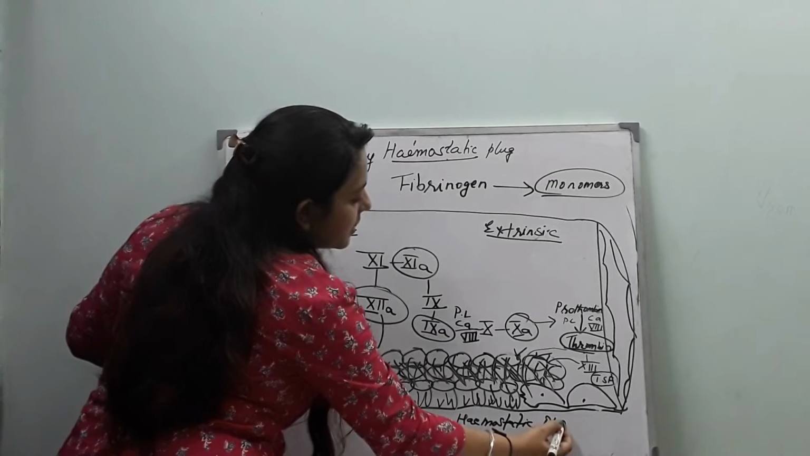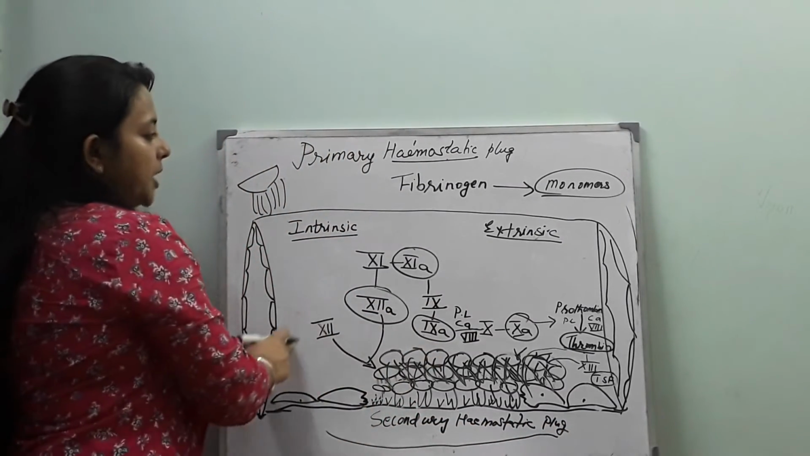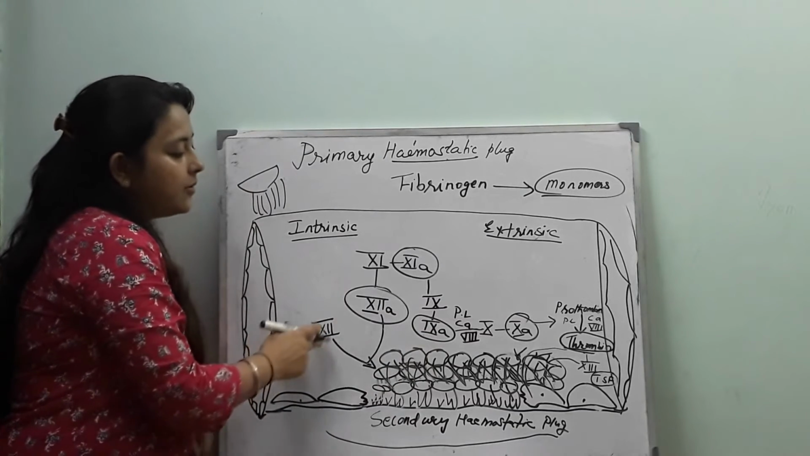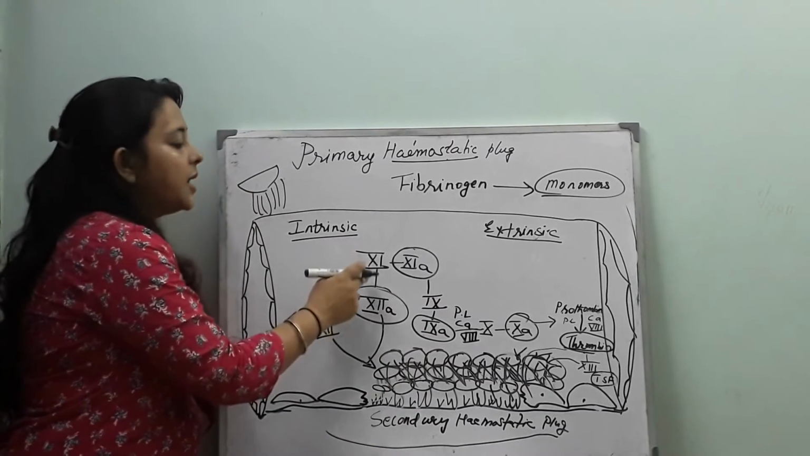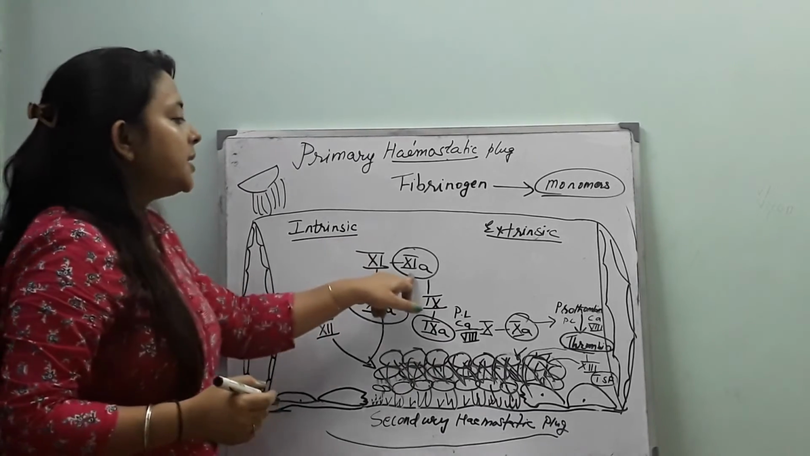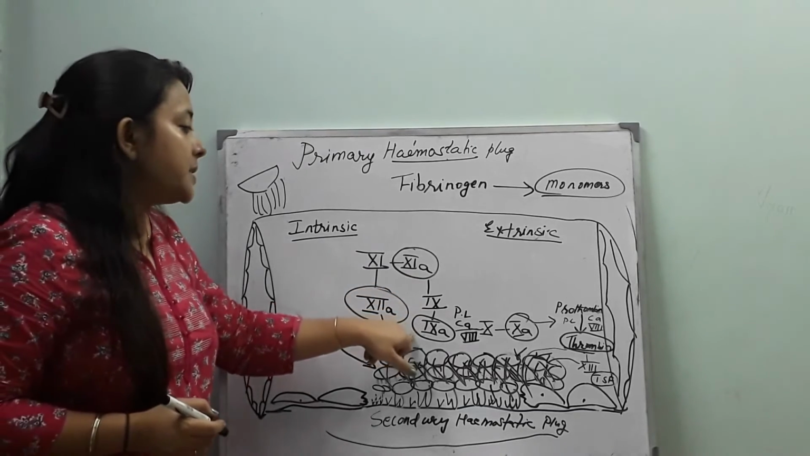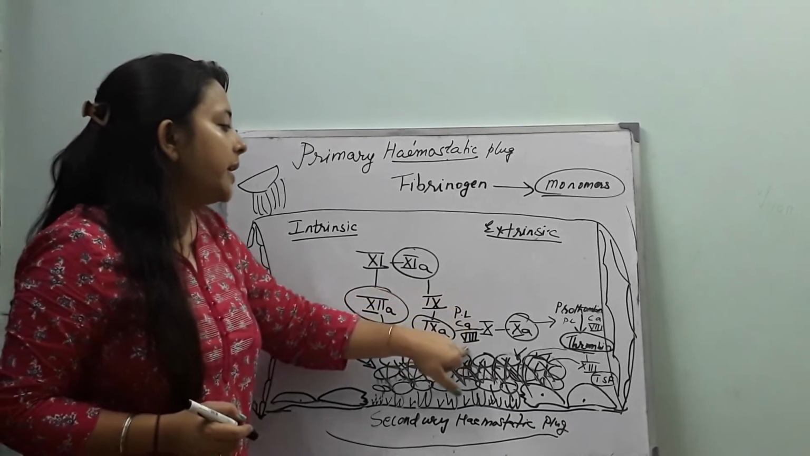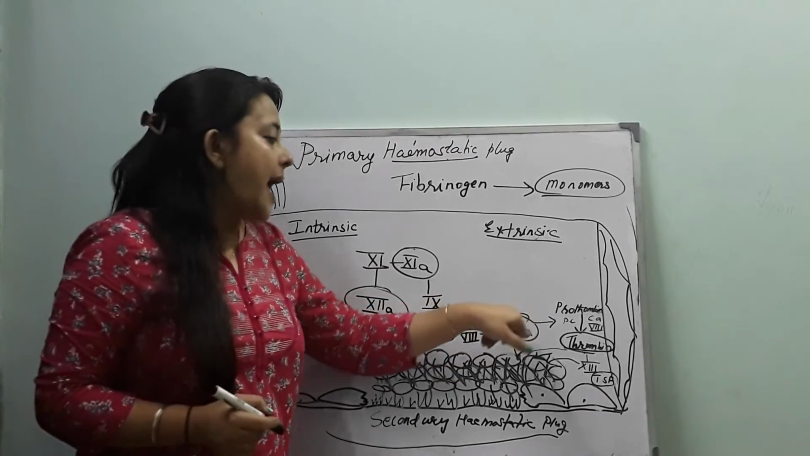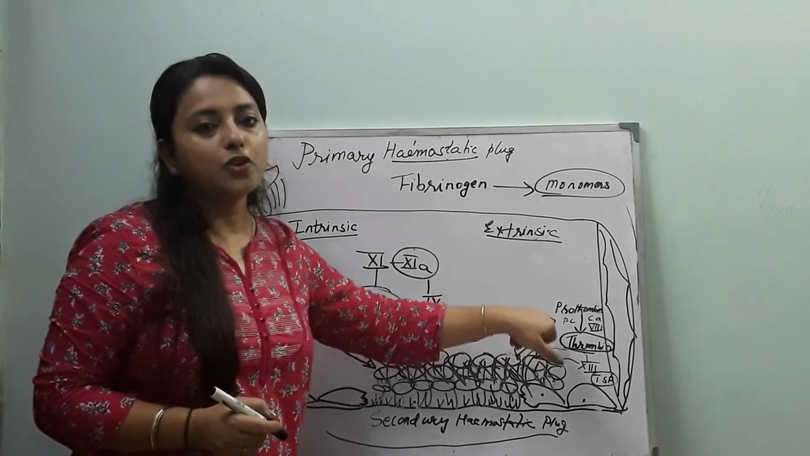So this is the pathway, how the intrinsic pathway is working. 12 becomes activated 12, it activates 11, 11 becomes activated 11, it activates 9, 9 becomes activated 9, and in the presence of phospholipid, calcium, and 8, it activates 10, 10 becomes activated 10, and this activated 10 activates the prothrombin to thrombin, and thrombin releases